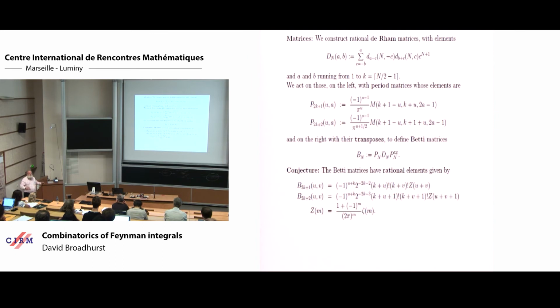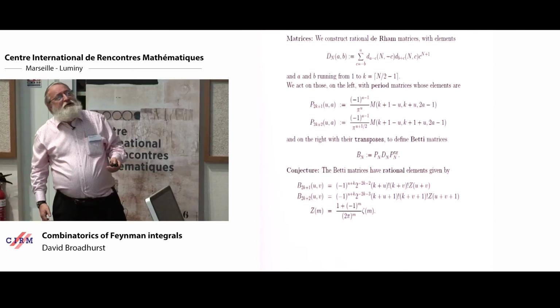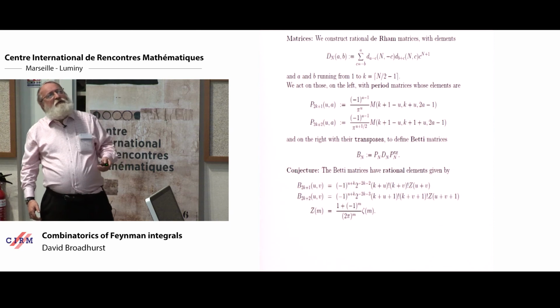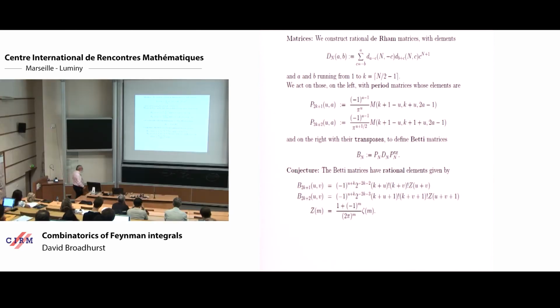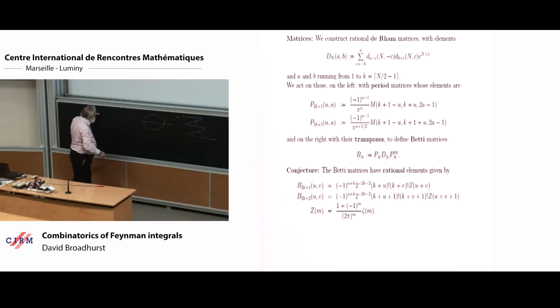For all numbers of loops and for all elements of these matrices, and I give a concrete formula for the conjecture, and I say that these integers come from two people whom Jean mentioned yesterday, strictly in the context of